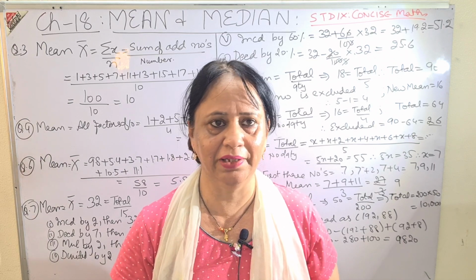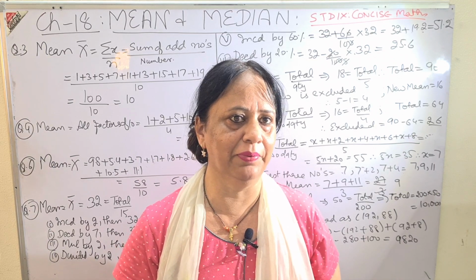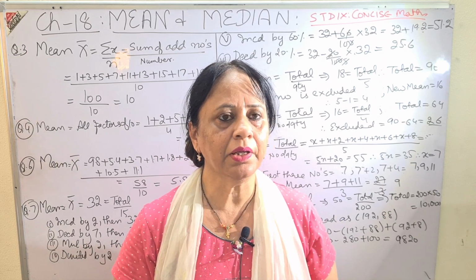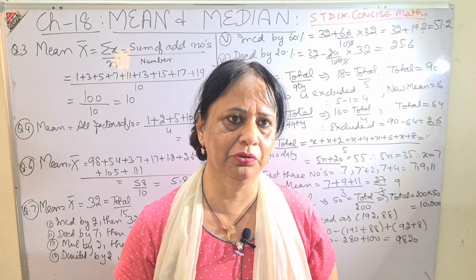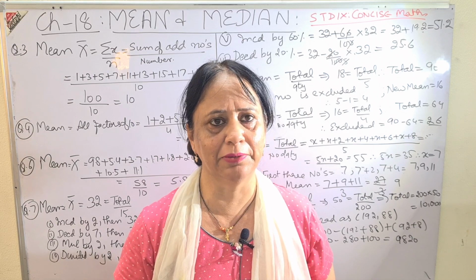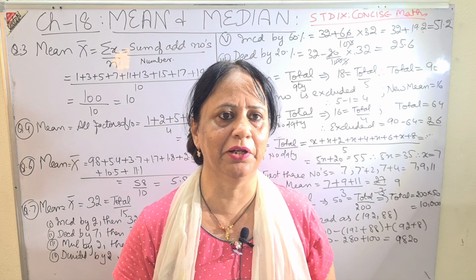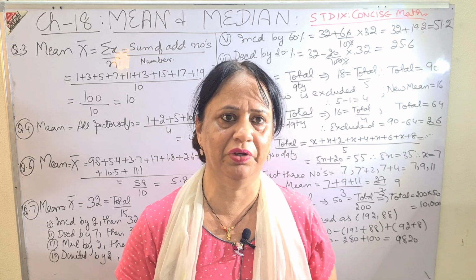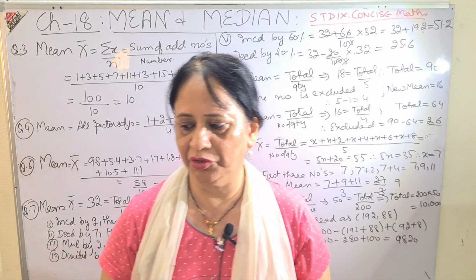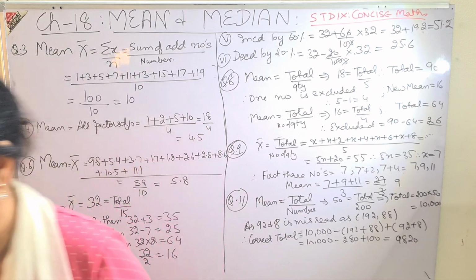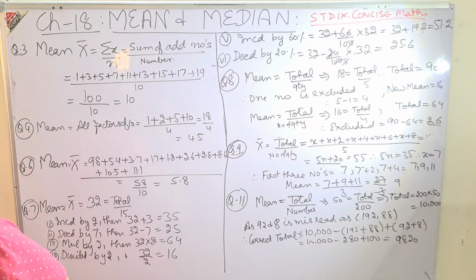So coming to mean, the mean of untabulated data means so many quantities are being given to you and you have to find the mean. It is very simple. Mean will be equal to the sum of the quantities divided by the number of the quantities, and this is what we are going to do in this exercise. So come to exercise mean and median, chapter number 19. We'll directly go for the sums, as the sums are very easy. So I'll explain hurriedly. Exercise 19a, page 238.